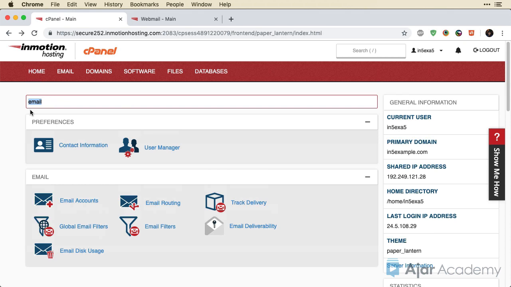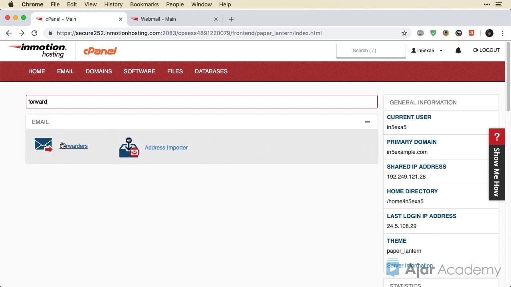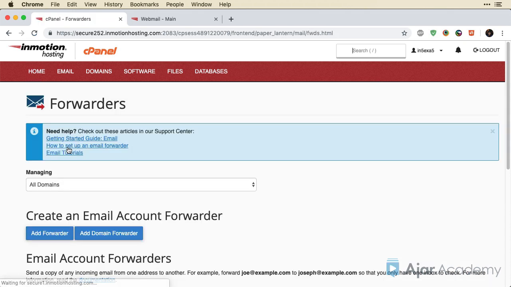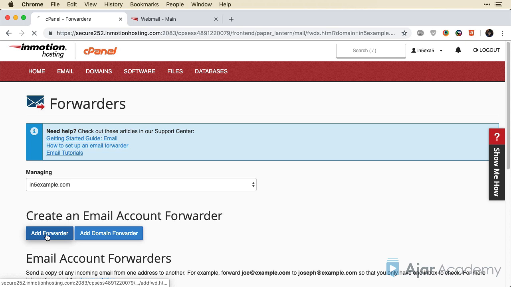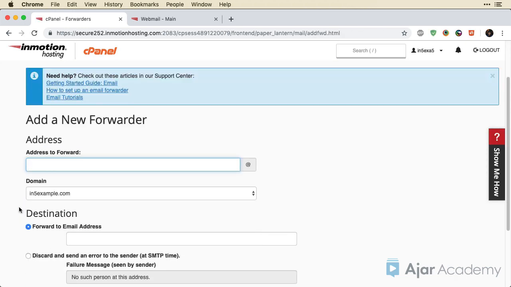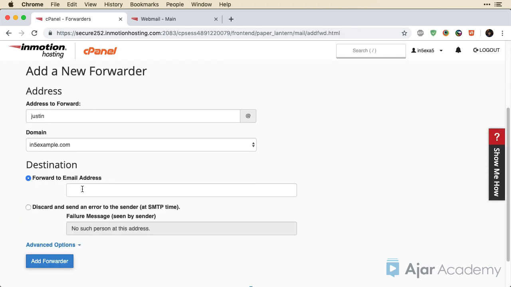I go back to cPanel on the main page, and I'm going to type in forward. Now I have the option of forwarding emails. If I want to forward the email address I just created, I could select the domain, say add forwarder. So I'll type in the address, justin@in5example.com, and I could forward this to Gmail or Yahoo. That's when I just want to be notified. I don't want to respond to my Gmail, but I also don't want to come in here and check all the time. That's really useful if I'm not getting a lot of emails,